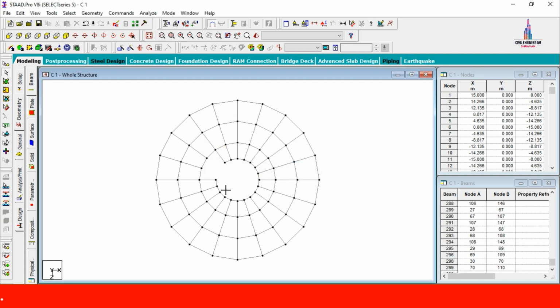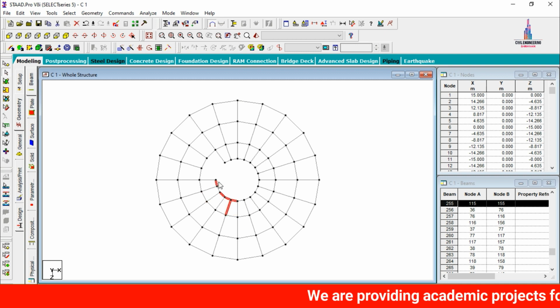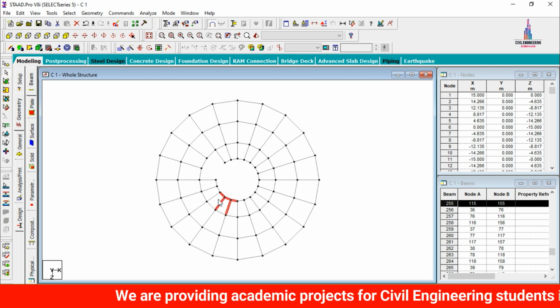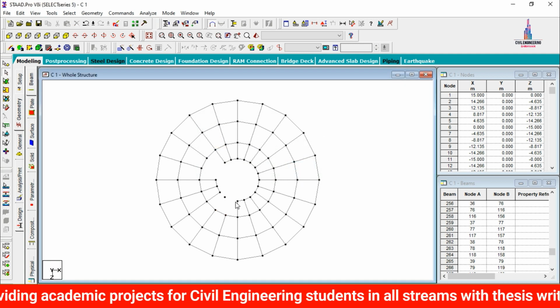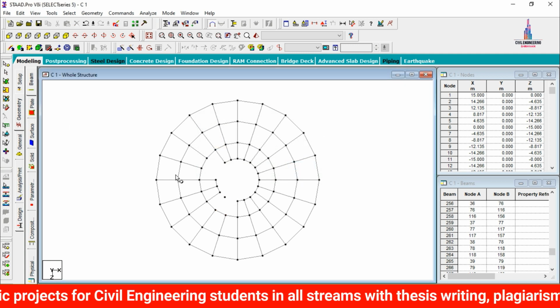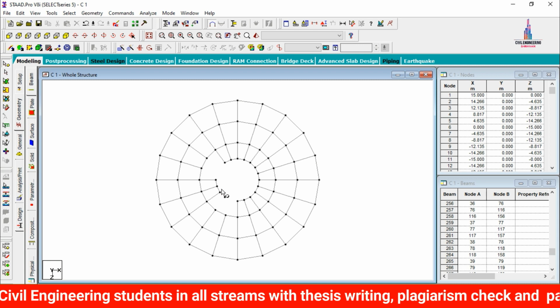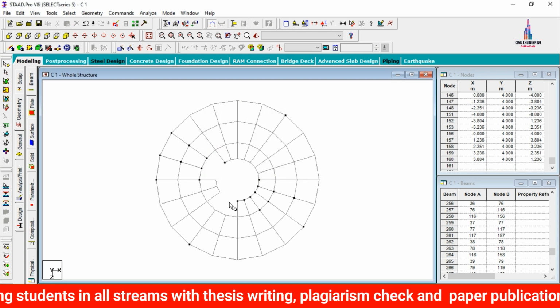Again in the same process, just I am deleting these respective sections like this. Now we can see I was selected the properties which is related to this respected sections. So click on delete option. So click on S option. So click on S option. So after that again we have to select this node point also. Next I am selecting this node cursor like this. Click on delete, click on S.